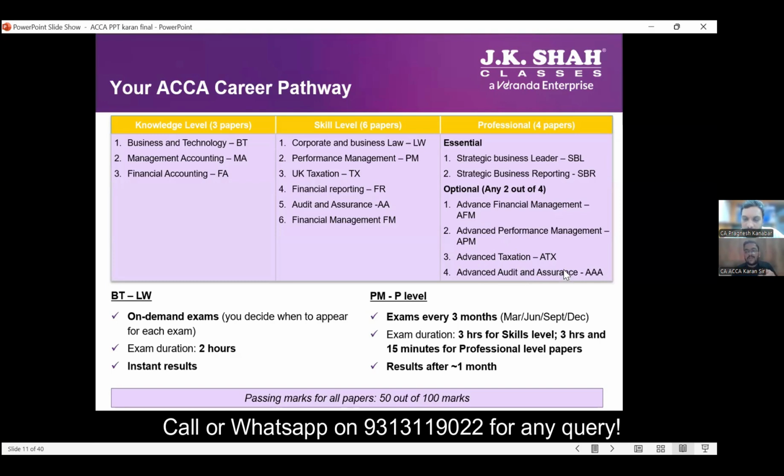Descriptive papers does not mean that you have to rote learn things. It is basically analytical papers where case study based questions will be given, and the student, based on the case study, will have to answer the question. It will be a mix of practical as well as theory paper. For practical, the student gets an Excel format wherein the format is also created for him. The student just needs to perform the calculations.